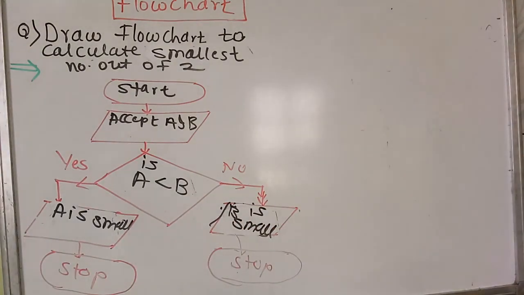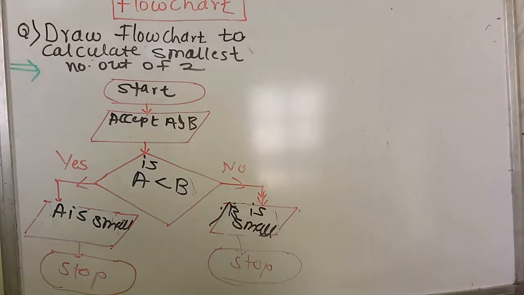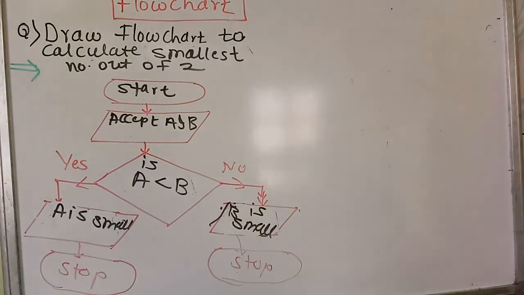So this is all about a few examples of how to draw a flowchart for solving any problem, or giving the pictorial representation of some mechanisms. In the next few videos, we will write the algorithm, flowchart, and also pseudocode for any problem. So this is all about the flowcharting mechanism. Thank you so much.